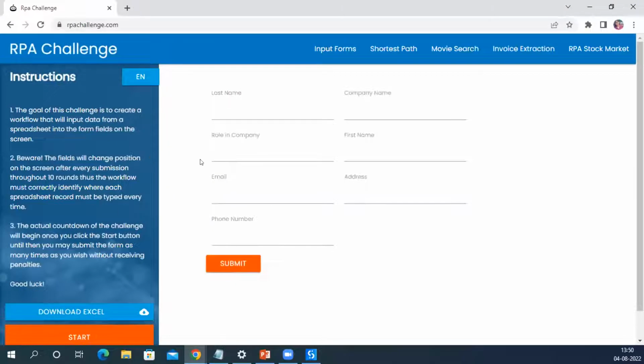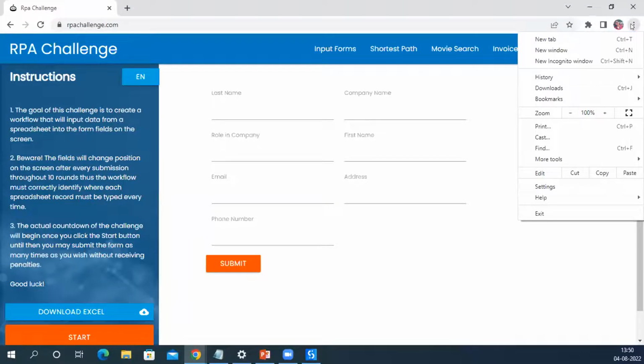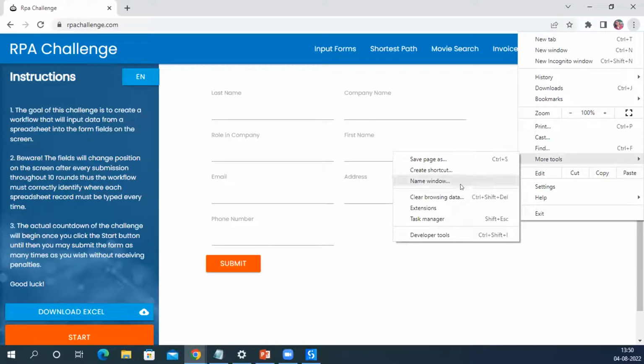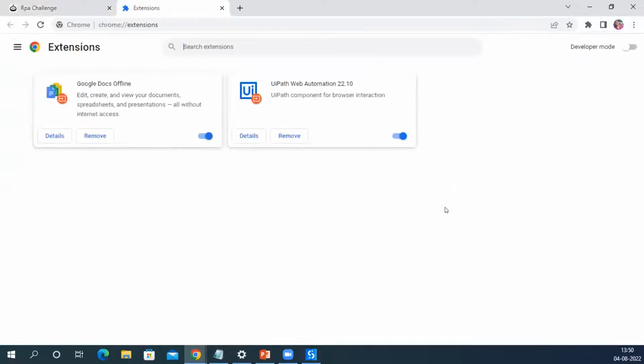Okay, so this is the website that we are going to automate. This looks like a form that we usually fill online, right? So we will see how we can quickly do this with the automation, but let me show you the extension thing. If you go here, go to More tools, and go to Extensions, I'm showing you for Chrome. The steps could vary for other browsers, but that's how you have to make sure that the extension is properly installed. If you go to extensions, you can see UI Web Automation